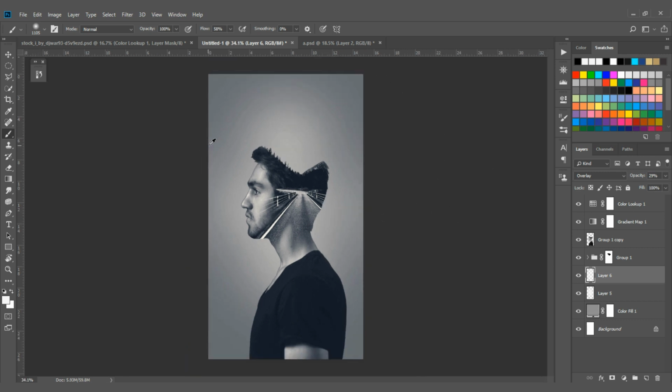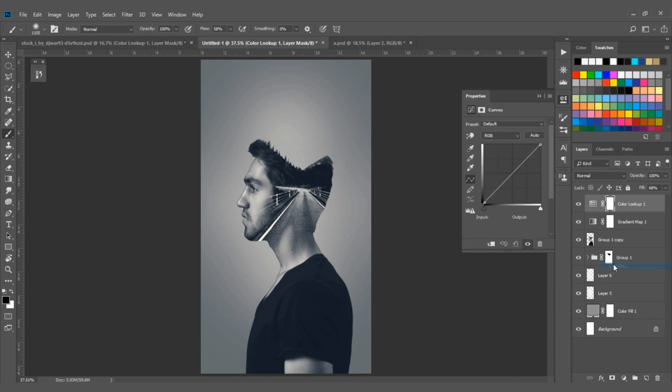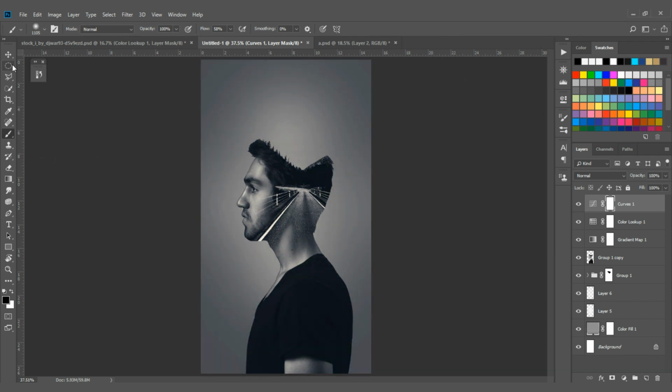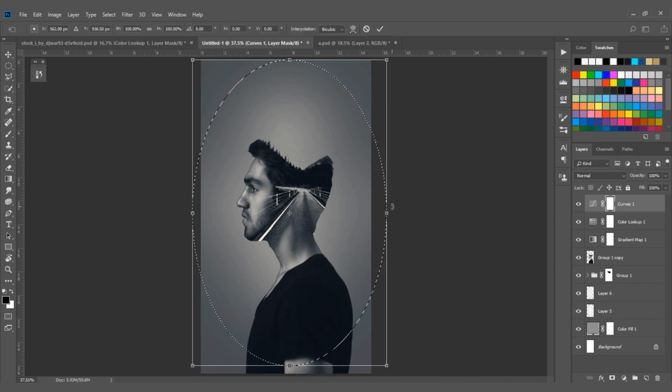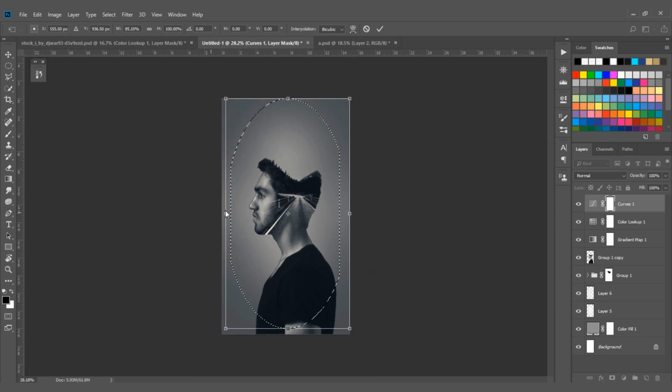Now you just need to add a vignette, so simply just select this color lookup table and then select curve and then drag this slider like this, and then go to this selection tool or this ellipse marquee tool and create a selection like this, and then hit enter